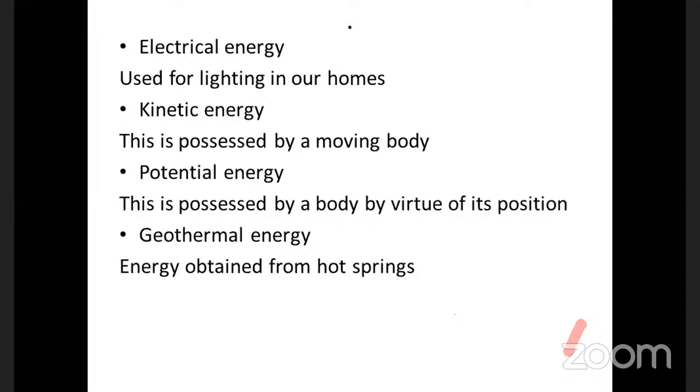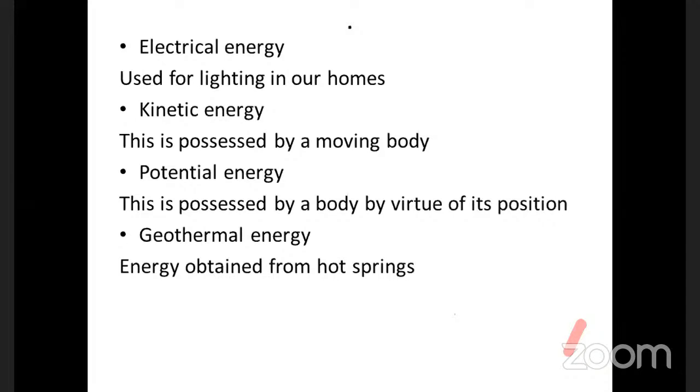Queen is saying the microphone has a problem. Aquila is saying it is true that we get them from mountainous areas. Someone said Kibiro Hot Springs. Blair is saying Kibiro Hot Springs. That is one of the examples. I know there is one hot point in Western Uganda where you get this. But as I said, these are energy we obtain from